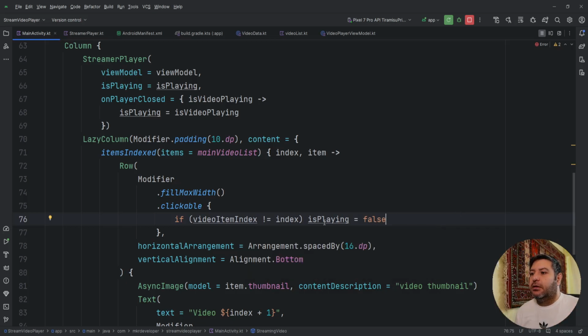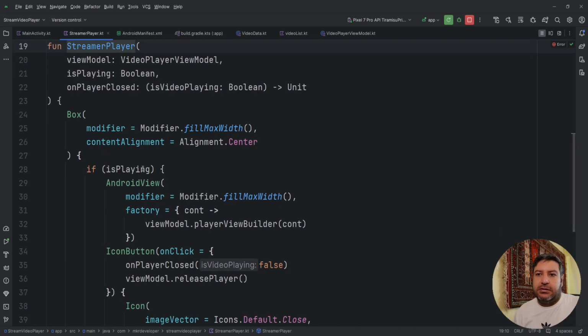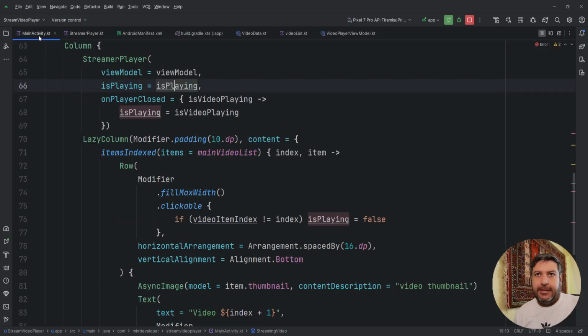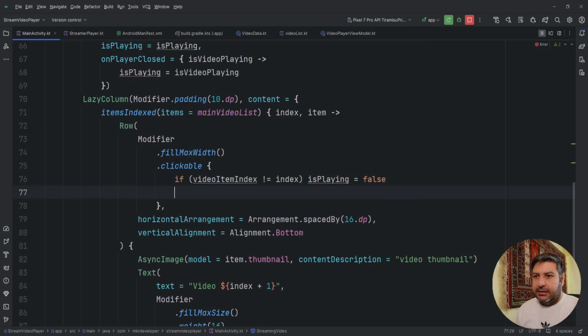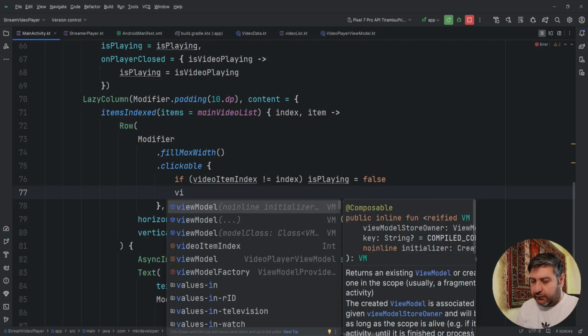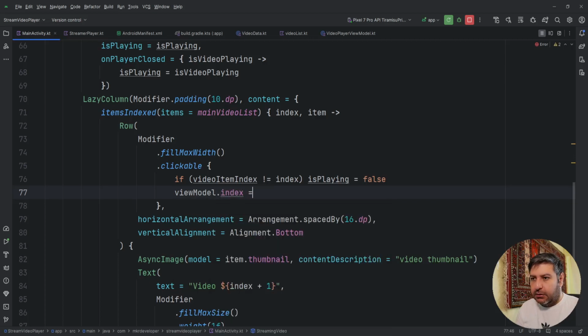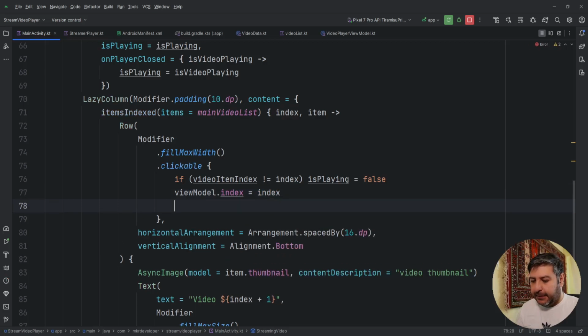Then we are going to set this is playing false. And as we pass this is playing to this function, whenever this is playing is false, we will not have any player and we will display only this image. Yeah, so till here, we stopped the video that we were playing. Now we want to play the new video. So viewModel dot index will be equal to index of this new video that we clicked on,